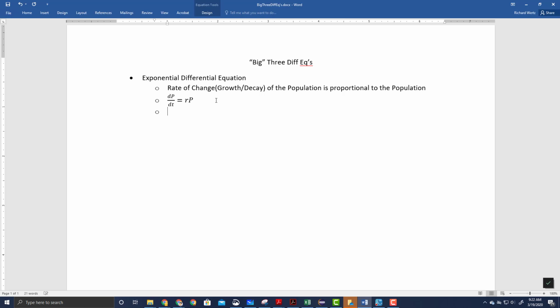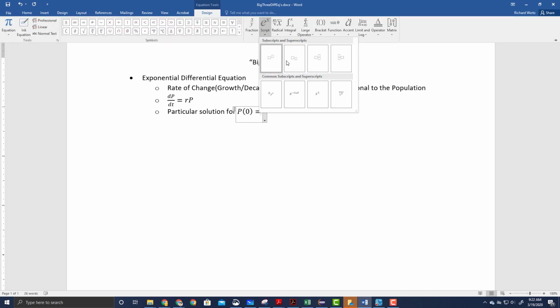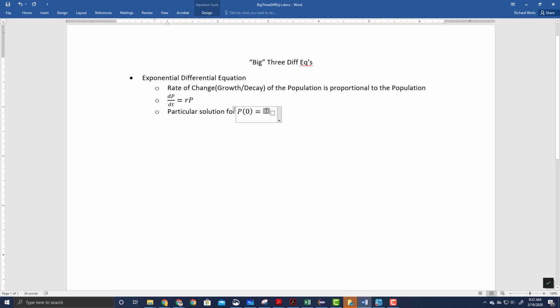And the solution, we'll say the particular solution. So our particular solution is P of t